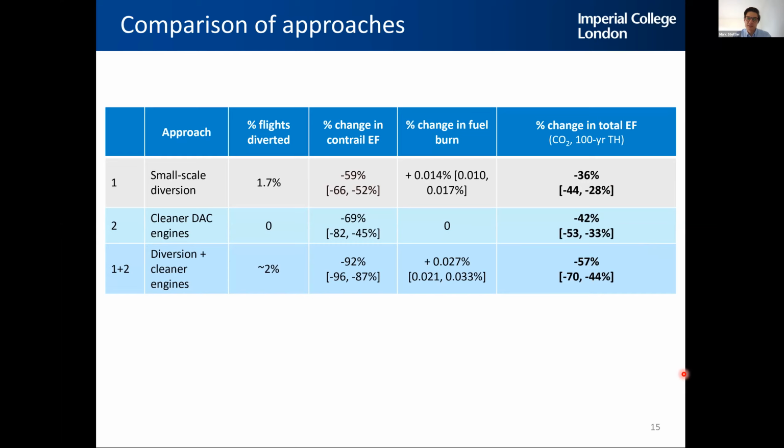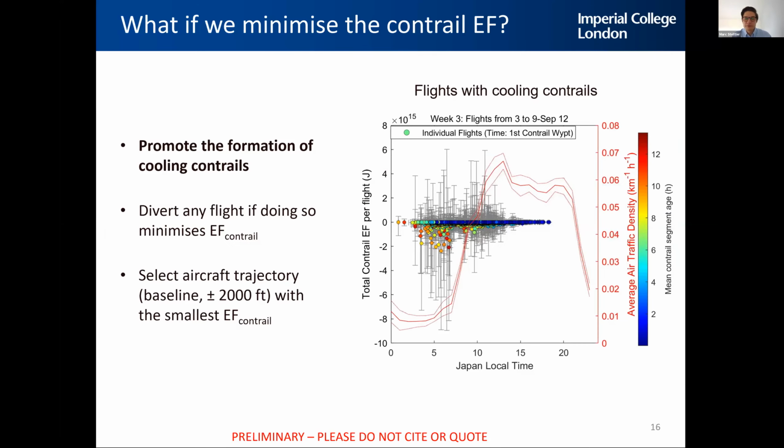Comparing that to the second approach, which is using cleaner engines, that reduces the energy forcing from contrails by about 69%. Adding in CO2, that's a reduction of 42%. And we can add those two together to get a total reduction in contrail energy forcing of 92%. So that's really promising. What we've gone on to look at is what if we